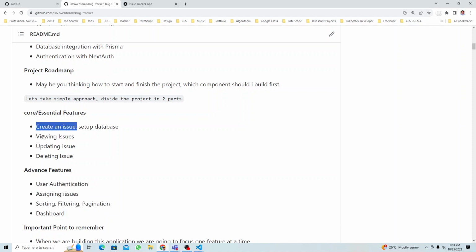You create, display the issue in the website, update and delete, all. These are the core features, like CRUD, right, for issue. So this is one feature. Issue is just one feature, right? In the website sometimes there are many features,